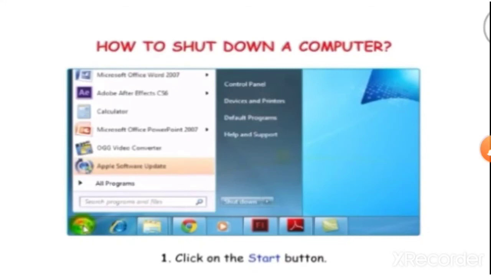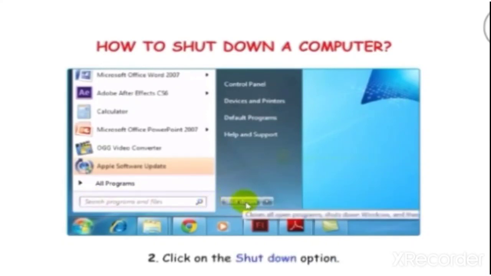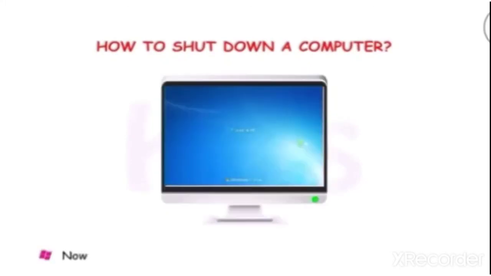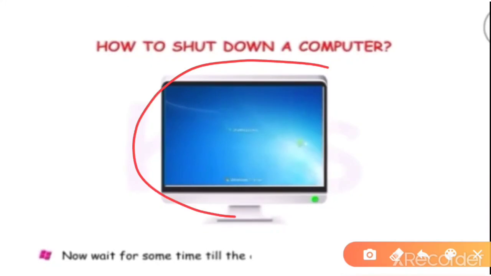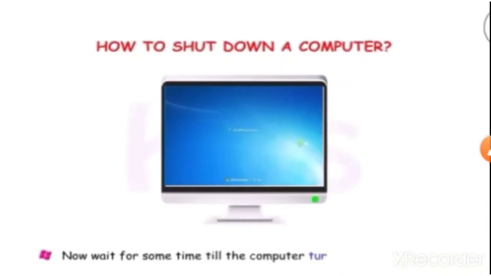Then the second step is you will click on the shutdown option. You can see here, either you will click on the power button or you will click on shutdown directly, and your computer is shutting down now. Now wait for some time till the computer turns off automatically.